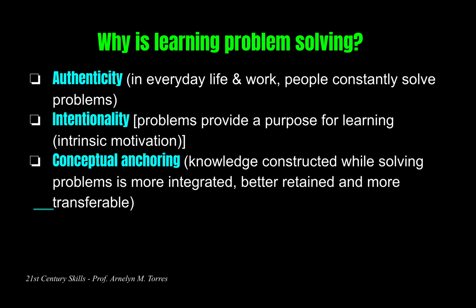Another thing is conceptual anchoring. Let's try to break down this word to understand what it means. Conceptual, or concept, means ideas. Anchoring would be the link, linking or trying to connect it to something. So it's knowledge constructed while solving problems, and the knowledge constructed while solving problems is more integrated, better retained,